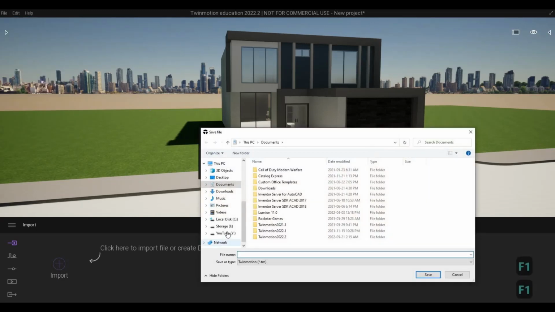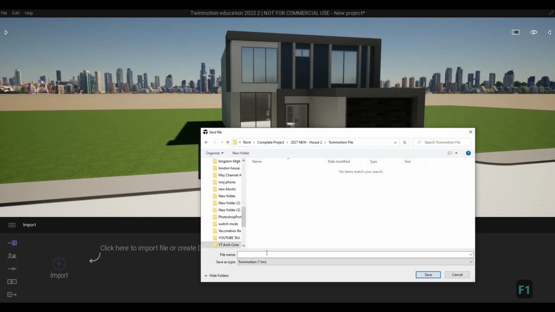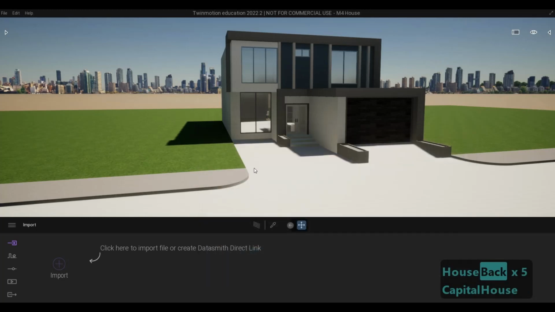So save it, go to the location that you want. So I have it now on the location that I want. I'm putting M4 house. That's the name that I want to put. And then after that, click on save. Now that everything is saved,